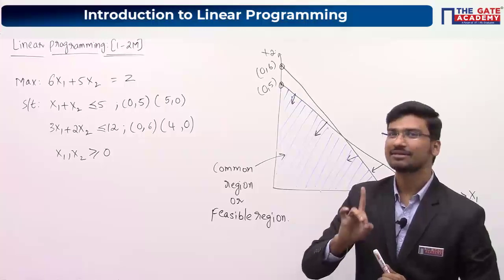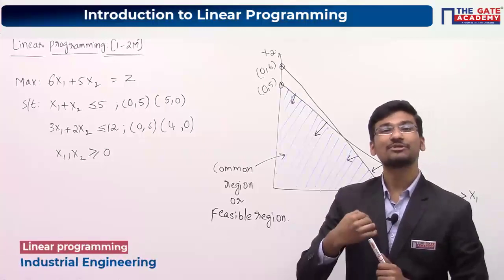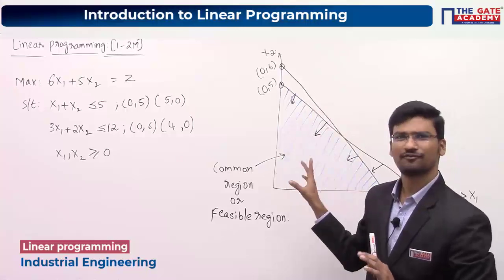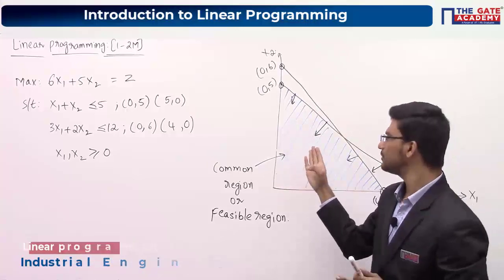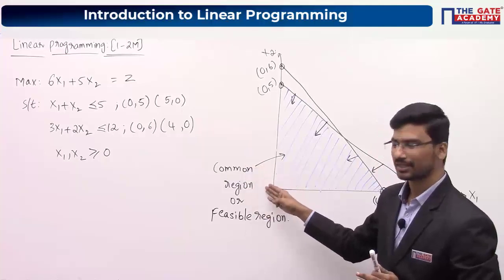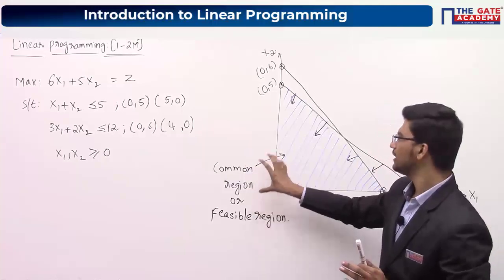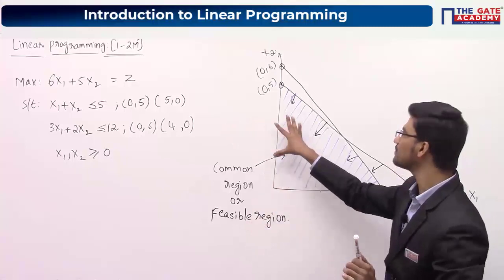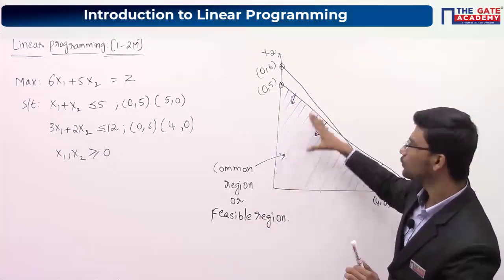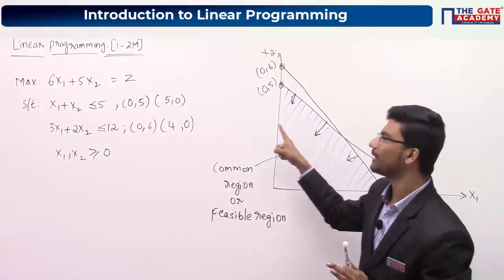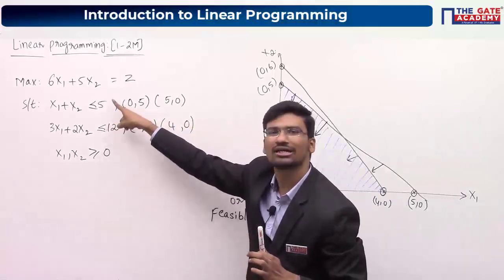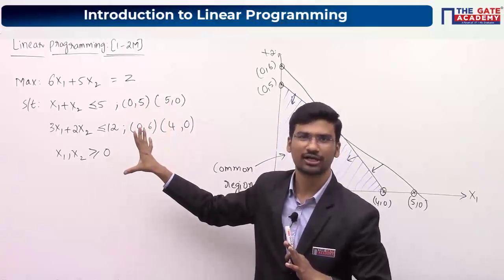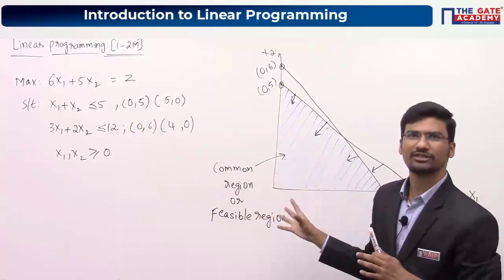Please listen to my statement carefully. Saurav, feasible solution means, have you understood this feasible region? This is your feasible region. Feasible region or common region, both are same. Common region or feasible region is a region satisfied by both the constraints. That means if you take any point from this blue shaded region and substitute that particular point, both the constraints will be satisfied. So that is what we call the common region or feasible region.